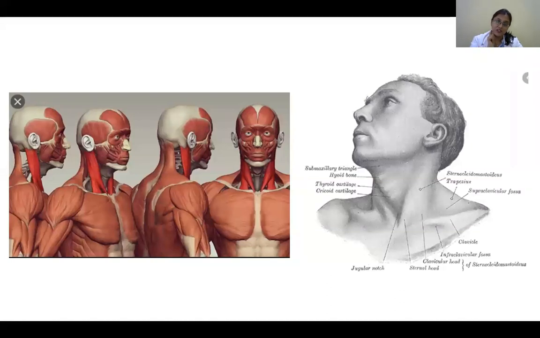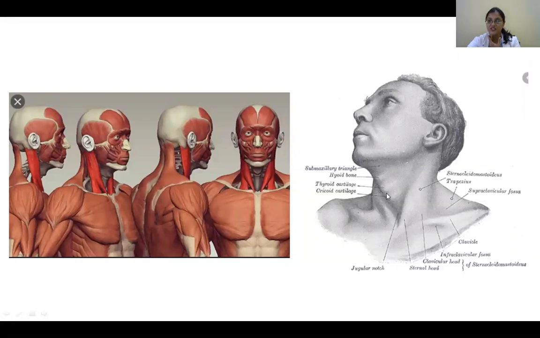So angle of the mandible, then your mastoid process, medial end of the clavicle. Then coming to the midline, you can feel your tracheal rings and the thyroid cartilage, more prominent in the middle. So at least this is something that you should know. Okay. And much higher is the hyoid. That's not much required, but this sternocleidomastoid is very important. Angle of the mandible, then your lobule, then the tragus here.